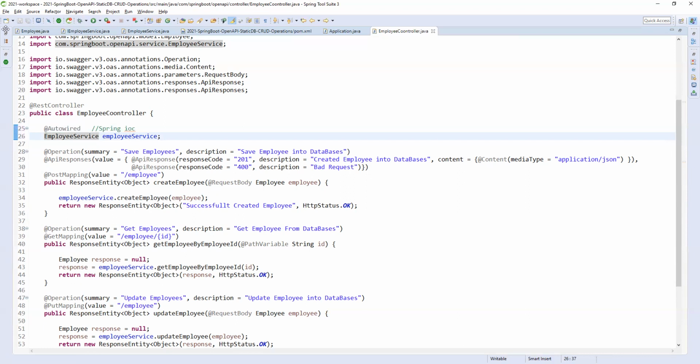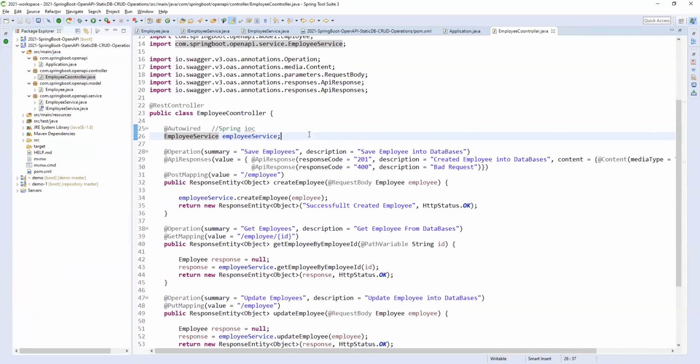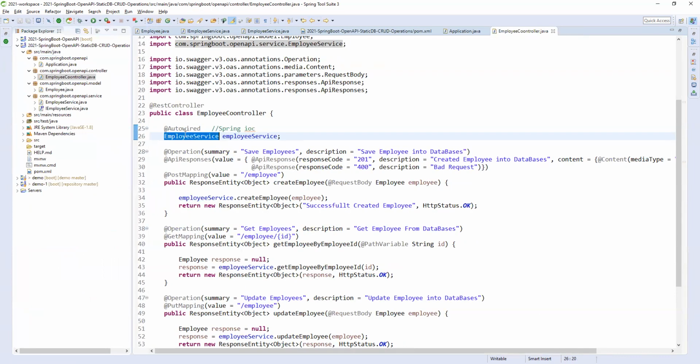Yes, okay, fine. One question. Couldn't you use the interface there instead of the class? Yes, we can use the interface, no issue. Previously we used the interface only, right? So instead of directly using a class, we should use the interface. That is the recommended way of doing it. Okay, good. So let me run.